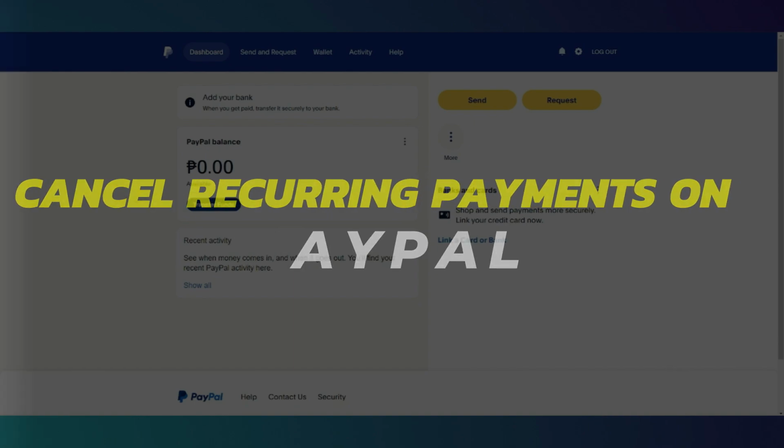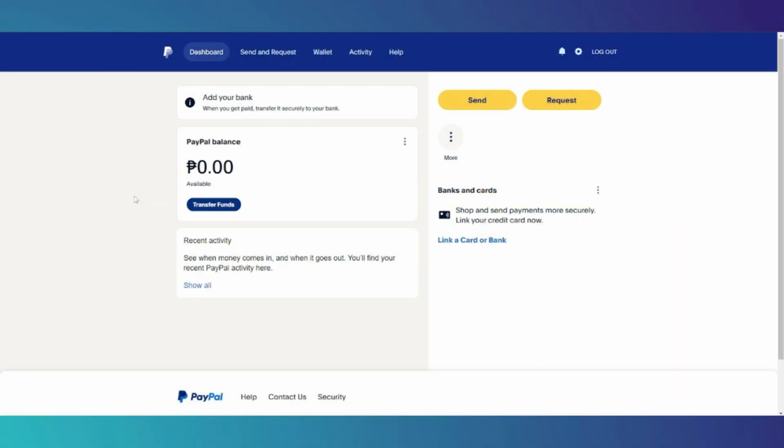Alright, so let's begin. As you can see, I'm going to be demonstrating how to stop any recurring payments that you currently have active through the PayPal website. However, you can also follow along on the mobile app if you prefer. The layout is going to be different, but you will also have the options related to recurring payments or auto pay available there. If you want to do this process through the website as I'm doing here, go to paypal.com